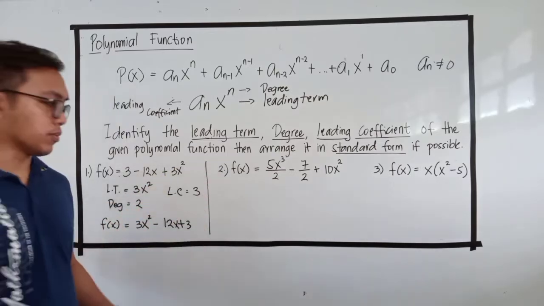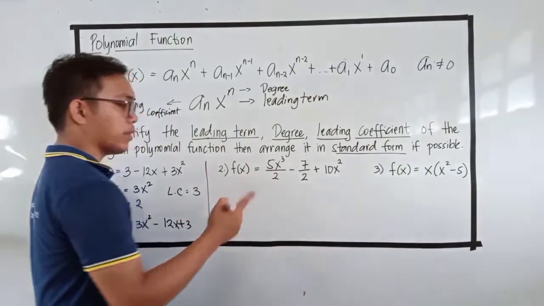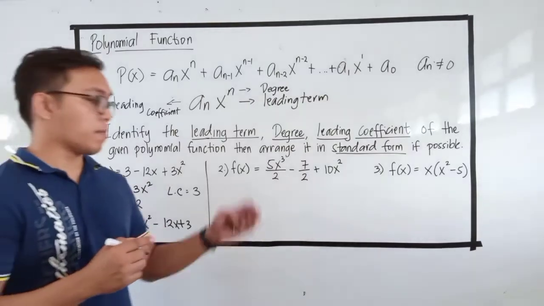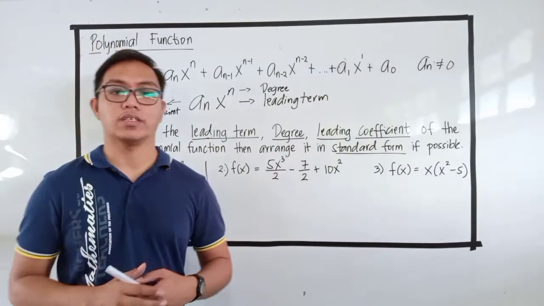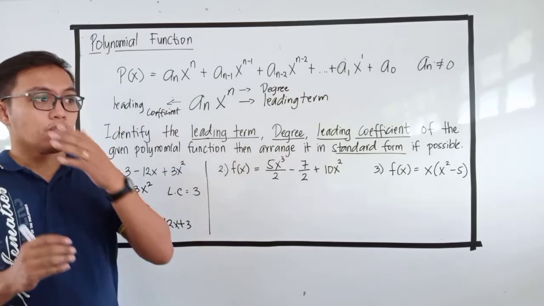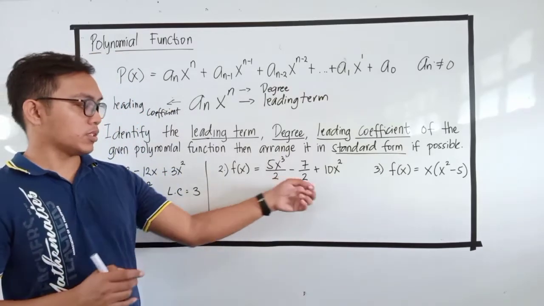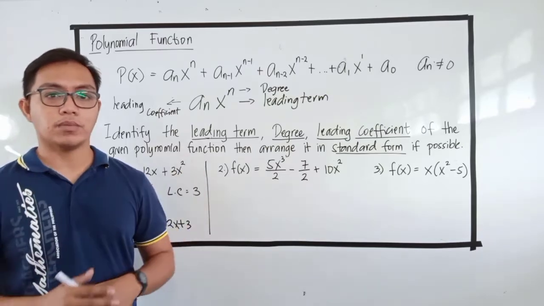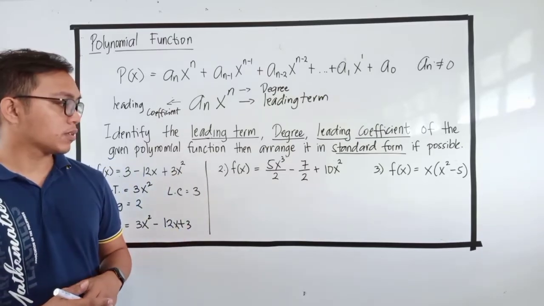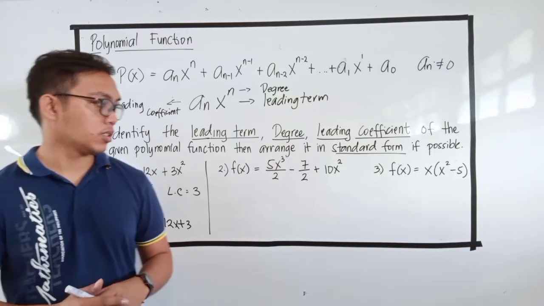Let's work on number 2. We have here 5x cubed over 2 minus 7 over 2 plus 10x squared. In this case, we are going to get rid of the denominators by simply multiplying the function